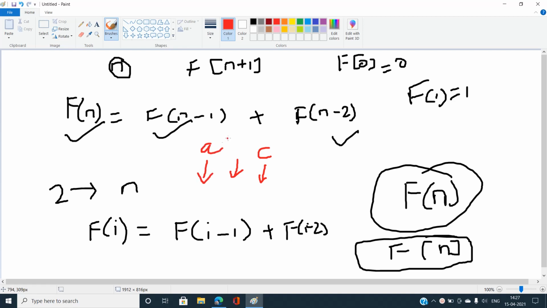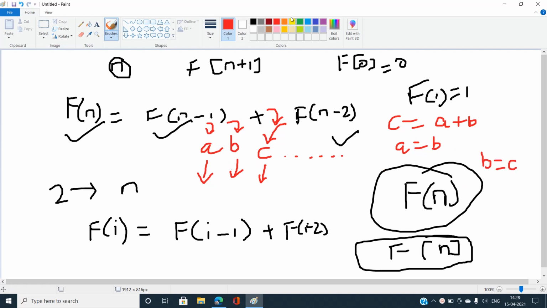If we intend to find this value C, you can easily see C equals A plus B. Now after completing this iteration we need to move further, so we need to change the values of A and B for further iterations, for finding further numbers of this Fibonacci sequence. So how are we going to modify A and B? I can just write A as B and B as C. Then my A becomes this one and my B becomes this one.